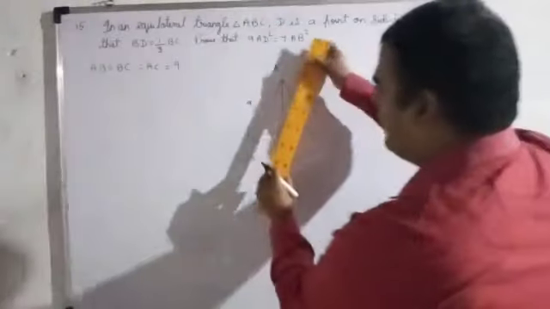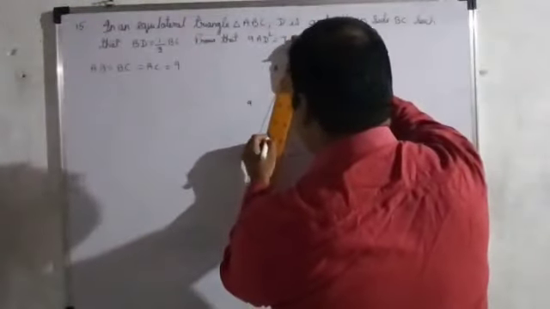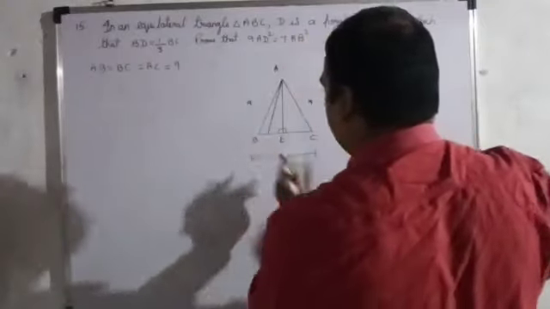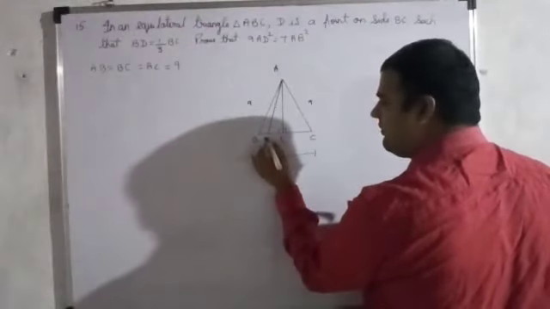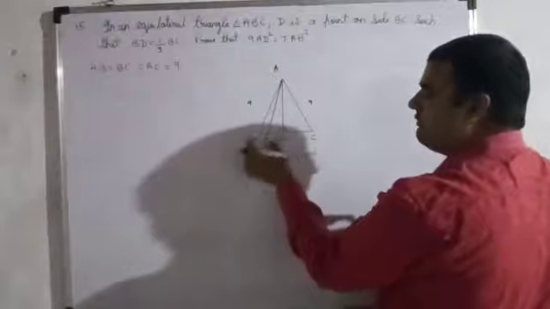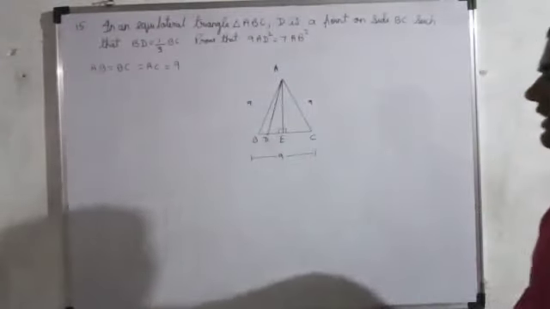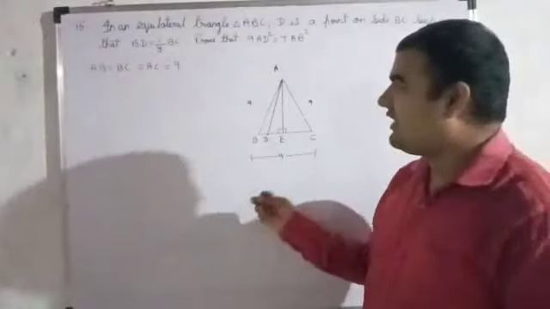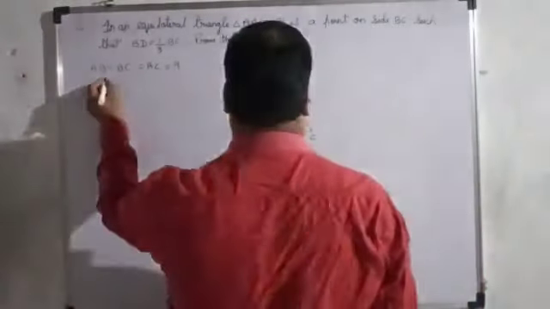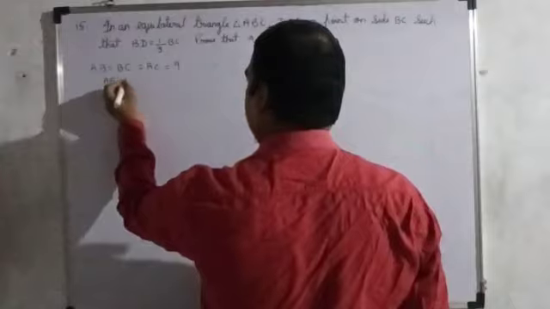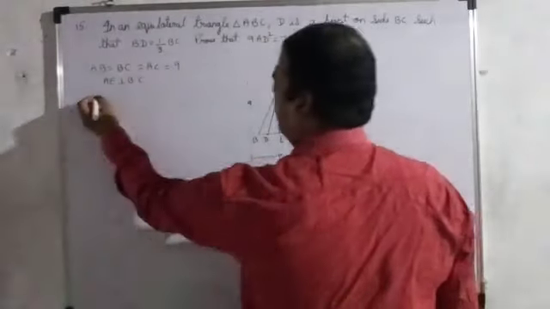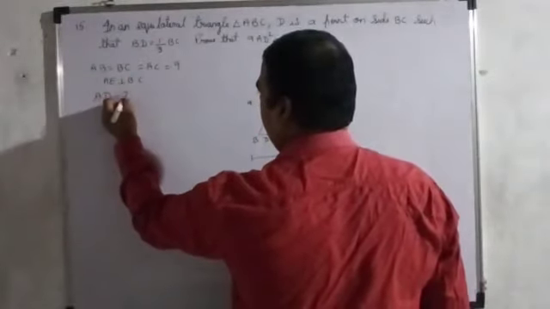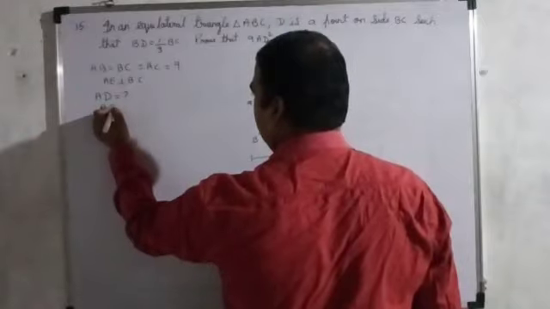And you know BD was how much? So I am drawing BD. Here the point D is there. It's one third of BC actually. Assume this figure like that. So these were all given: AE is perpendicular to BC. What you need to find is AD, and you need to find AE.